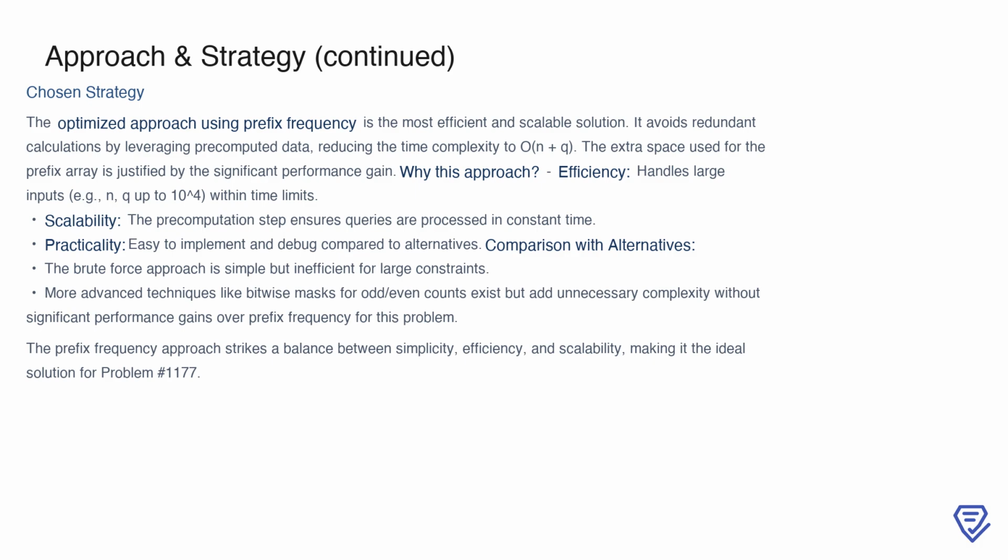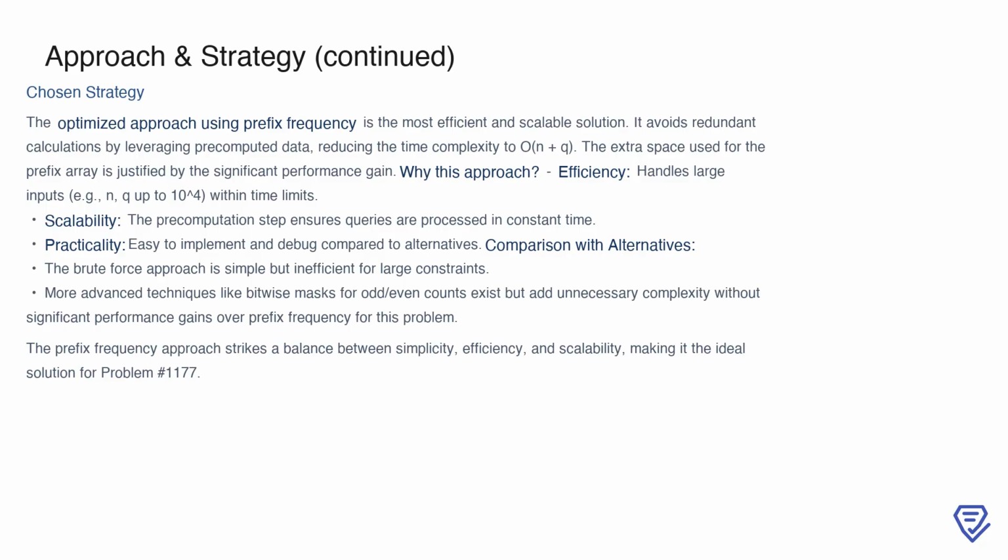By pre-computing data, we eliminate redundant calculations and achieve a time complexity of O(n plus q), which allows us to handle inputs as large as 10,000 within time limits. This method is not only efficient but also scalable and relatively simple to implement, making it ideal for this problem. While alternatives like the brute force method are easier to conceptualize, they fall short of handling large constraints. On the other hand, more advanced techniques, such as bitwise masks, can provide marginal improvements but introduce unnecessary complexity. The prefix frequency approach strikes the right balance between simplicity, efficiency, and scalability, making it the clear choice for solving